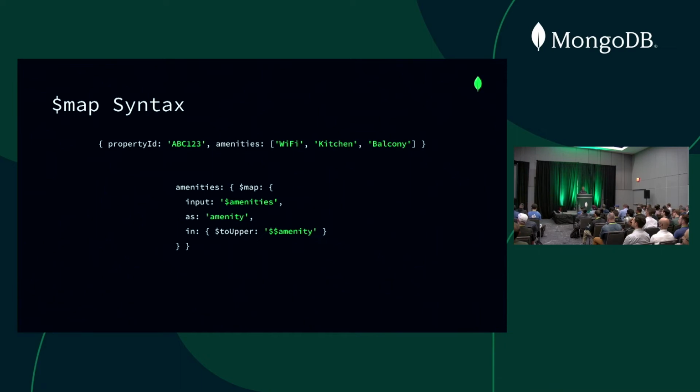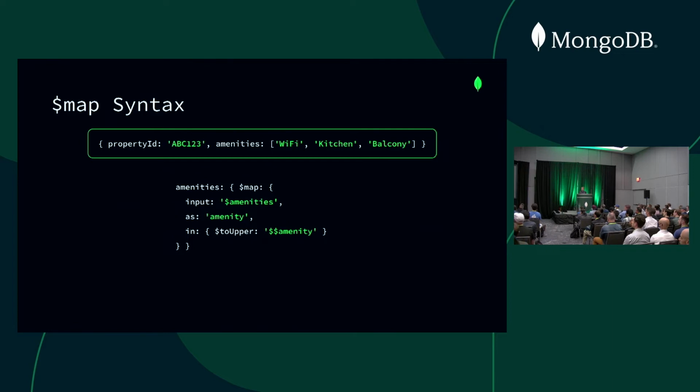And if any of you are familiar with functional programming languages and higher order functions, map should be a familiar function to you. Essentially, it will take an array as an input. It will run a particular operation over every element in that array and return a new array as the output. And so for your documents where you've got an array in them, like the one I've got here,